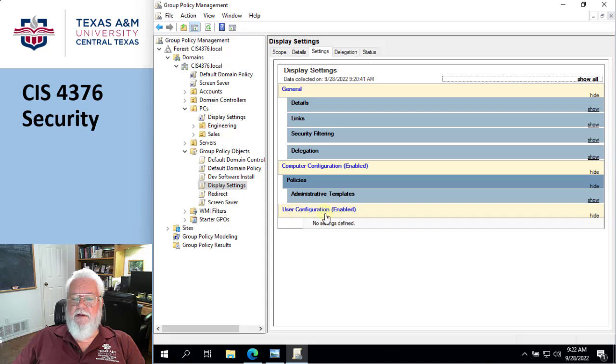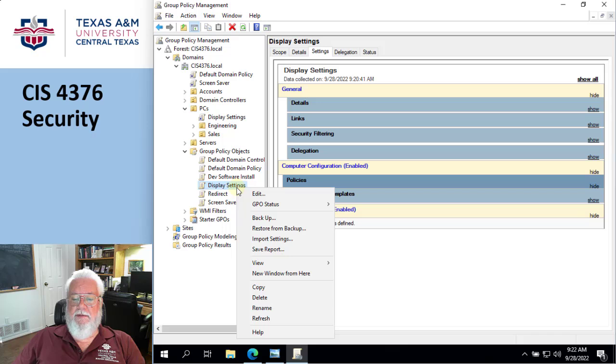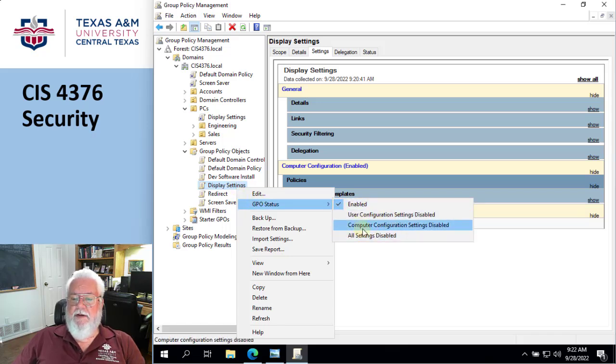And right now there's nothing in the user configuration one. Okay, there's nothing in there. So what I could do is disable that part. It looks like I do have something in the computer half, but not in the user half. So what I could do is go down to here and go to GPO status and basically say, it's enabled, and then I could say the user